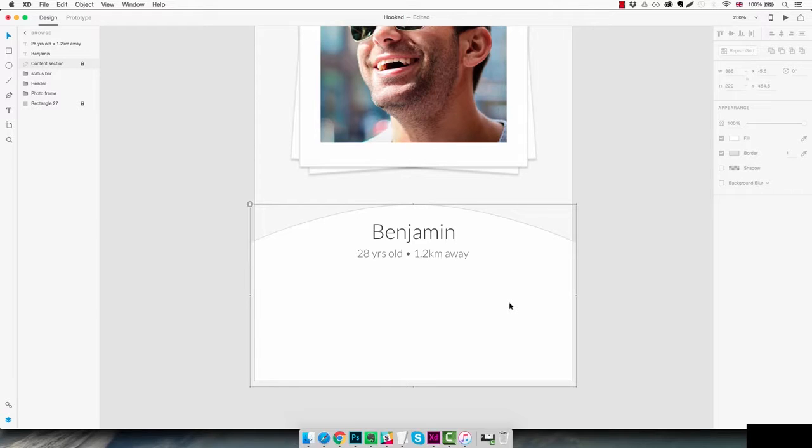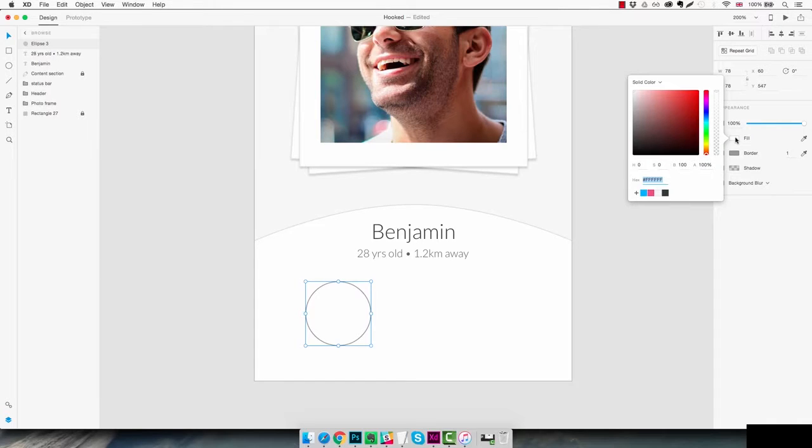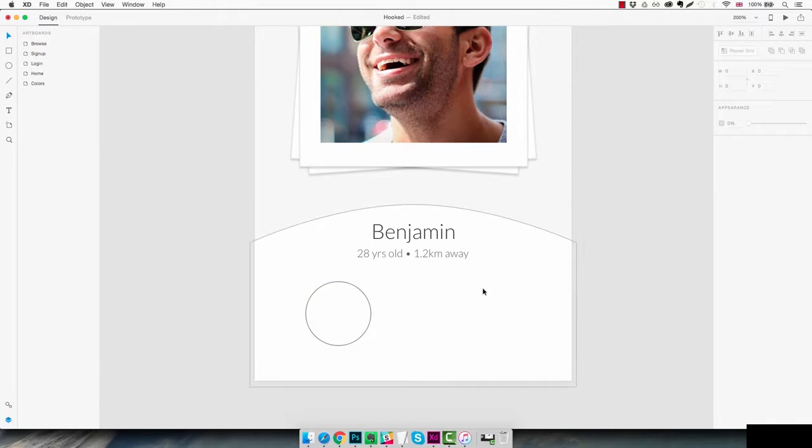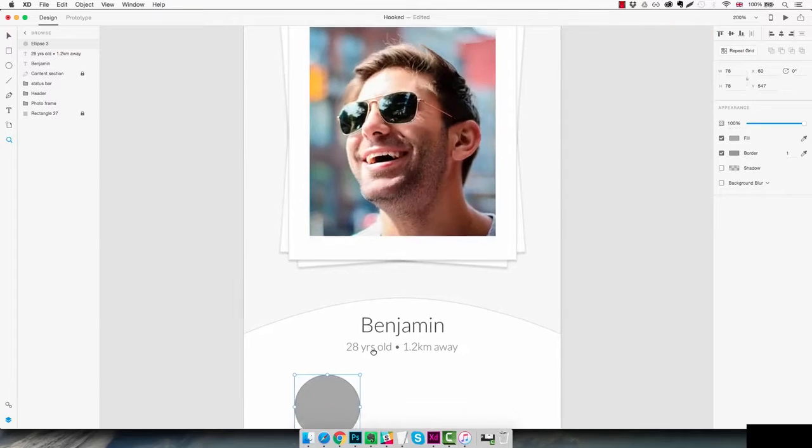Now we can move on and create our buttons, which are gonna be circles basically. So with our ellipse tool, I'm gonna create a perfect circle by holding the shift key and click and dragging. I'm gonna make it about this size. And we need to change the color, and actually we're gonna use one of the gray colors that we saved right here. So we're gonna hit Command 0 to see the full view of our canvas, and using the color picker we're just gonna pick this color here. Then we're gonna go back down,